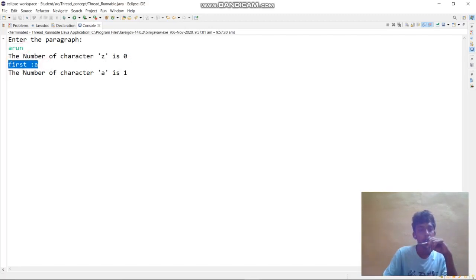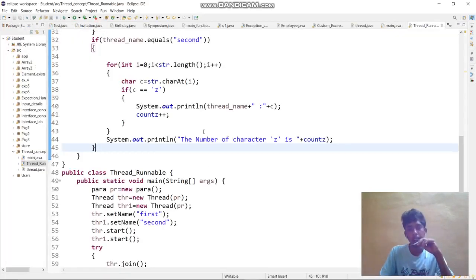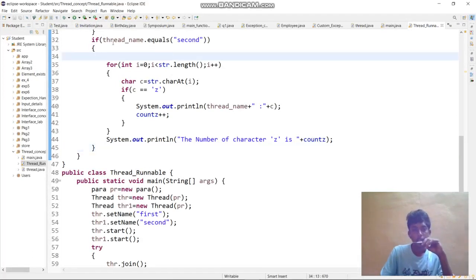First, A is printed, because the thread name is first and the character is A, and the number of character A is 1. The second thread does not go inside, because we mentioned that only if the thread name is second will it go inside.